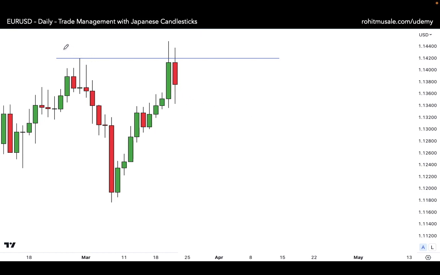I have drawn this blue line here, which is obvious resistance. That resistance gets confirmed by these two candles. What is this pattern? This pattern is a dark cloud cover. However, it's a variation of a dark cloud cover, not an ideal dark cloud cover, because for an ideal dark